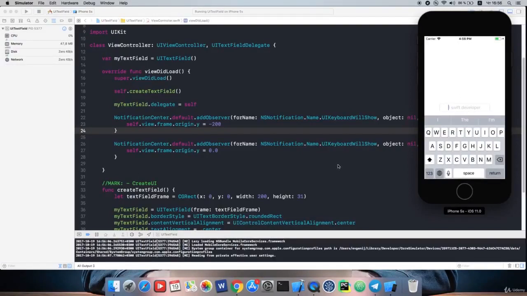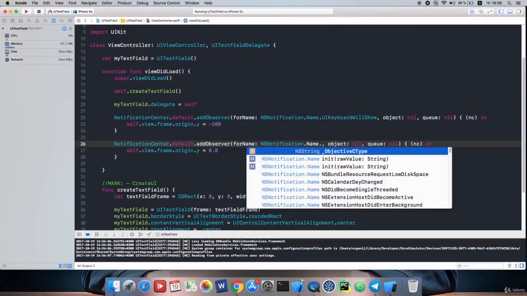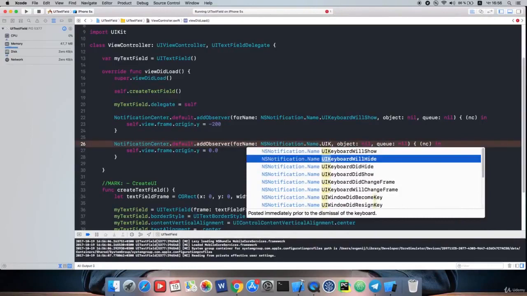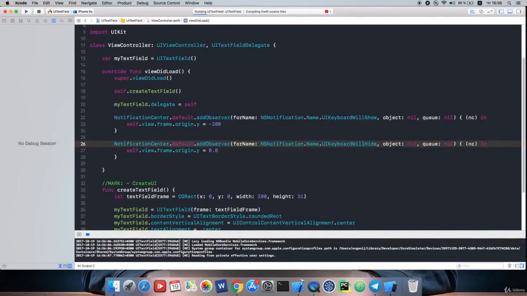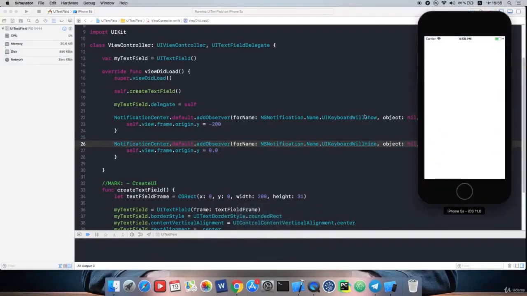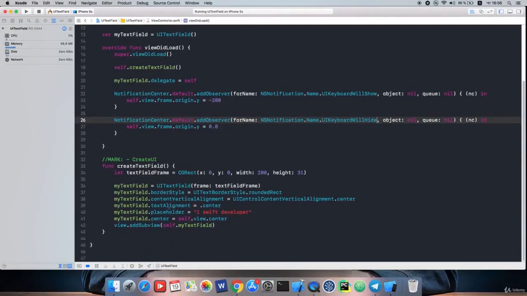Yes, nothing happened, because here we don't have the UI keyboard will hide method. Yes, this one. Let's run. Also, when you copy paste, errors occur. We pushed, shifted the text field up, entered the text, and the keyboard was supposed to be removed, but we removed the delegate. Let's edit